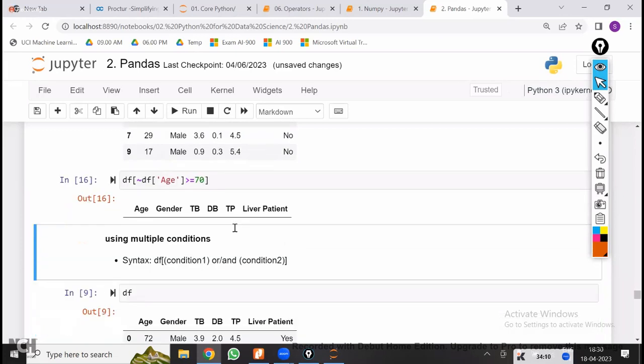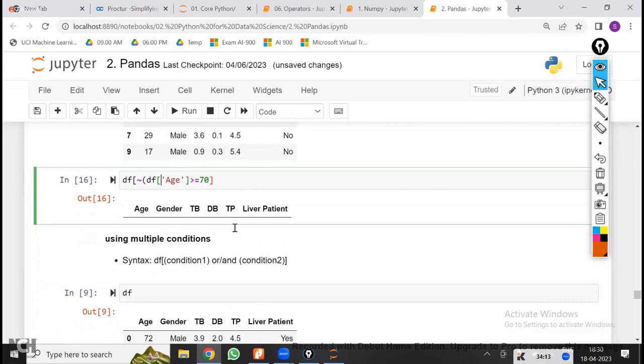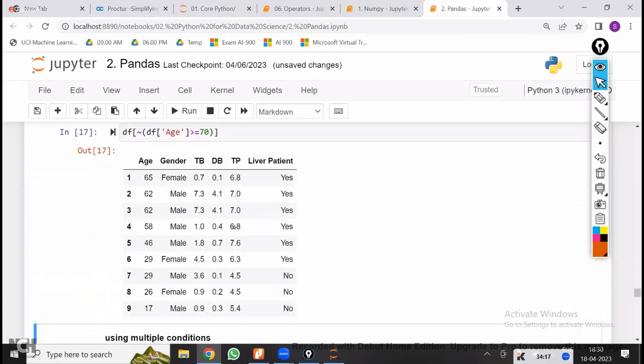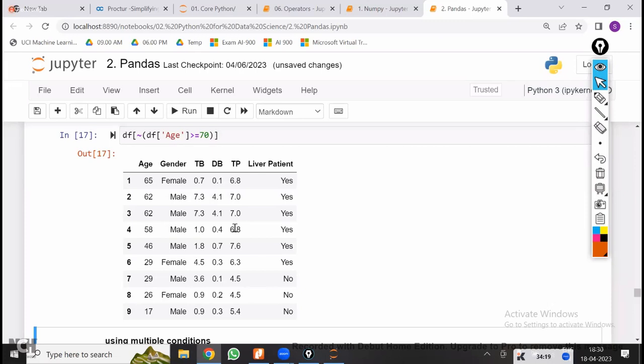Three of them are clear. Whenever you are having multiple conditions, you are going to use either and or or. If you are having a single condition, you are going to use it directly, or the opposite of that is not. Not true is false. Right? Now,